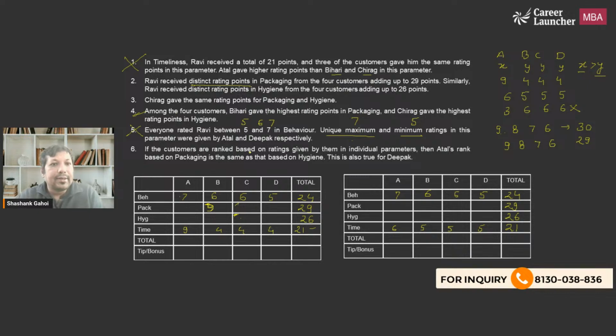Fair enough. Now it says that, so basically this value and this value should be equal, and this value is highest because Chirag gave the highest in hygiene. And the sum of four numbers should be 26, and this value and this value should be equal. This value cannot be 9 because this is 9, so this can't be 9. So this can be